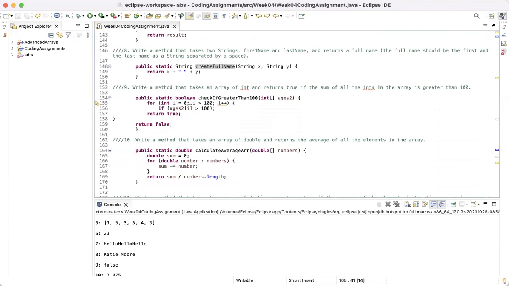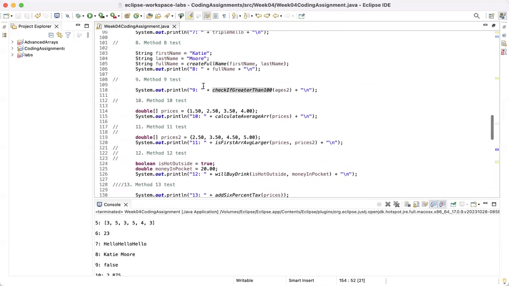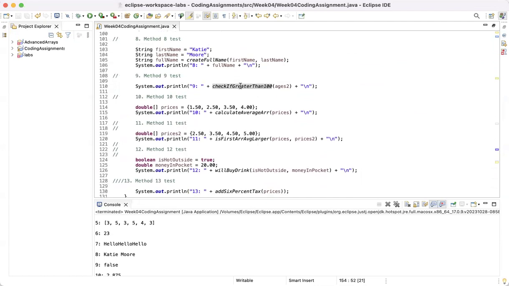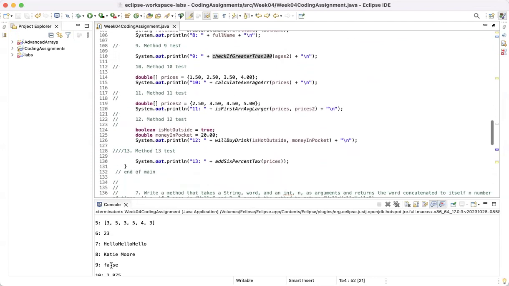So we've got 9, write a method that takes an array of int and returns true if it's greater than 100. So this is going to be a boolean because it's returning true. I said check if greater than 100 is what I named it, int ages2, because we have that array already. We iterate through it here. If ages2 is greater than 100, return true, otherwise return false. So we come up here to 9. Check if greater than 100 for ages2, and it is not, so it should show up false,